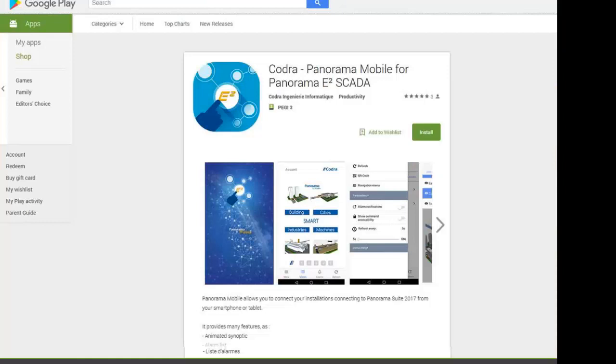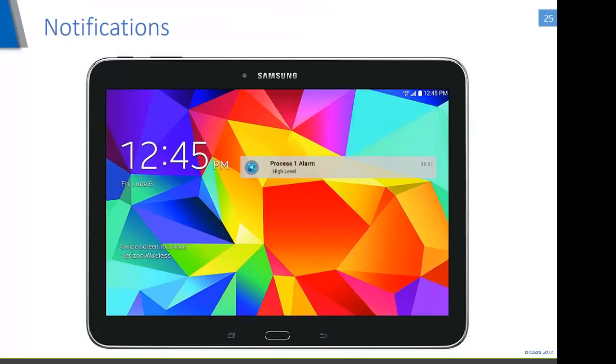The second behavior you won't see in this demo, because it needs a GSM notification and external communication to the Apple and Android servers, is the notification tool. So for alarm notification, when you are a subscriber to one or several applications recorded in your connection tools, you will receive the notification of the alarm on your mobile device. You will see how it's handled and managed in Panorama Studio.